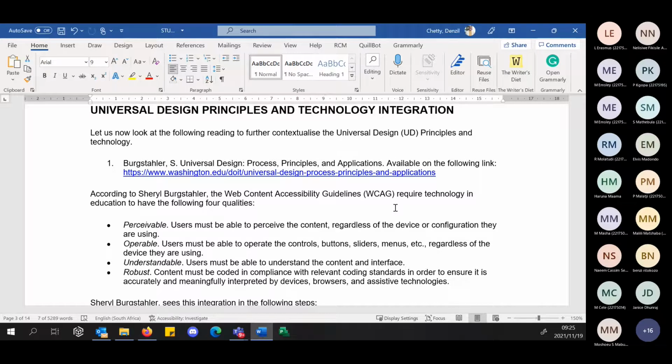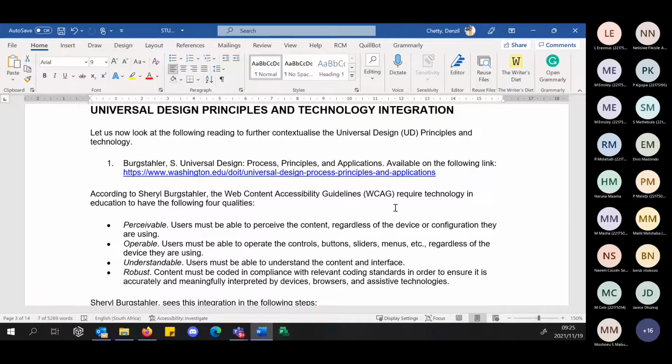This is quite important because if you think of students that are blind, they cannot see, and you have reading gadgets that read the content, it means the content must be structured in such a way that allows for seamless reading of that content to a student who cannot see it.